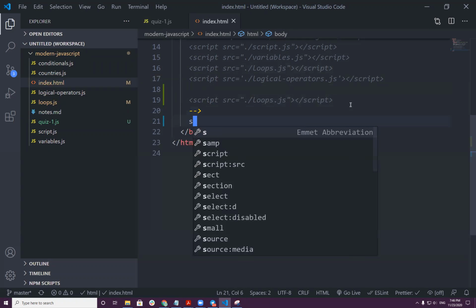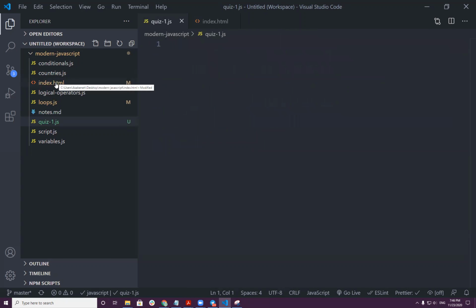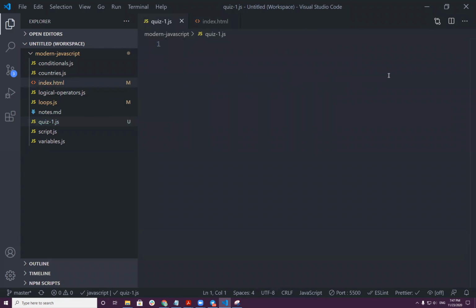So I can call a script, and I have to connect it here, source quiz1. Yeah, so I have to launch this again with live server.